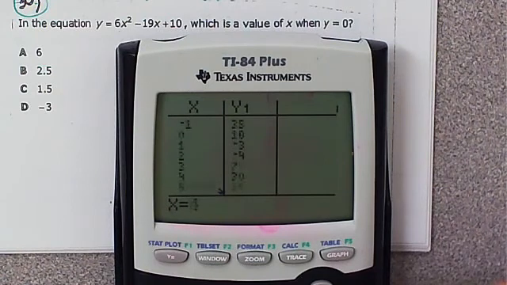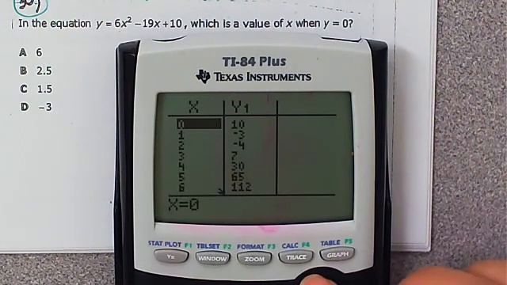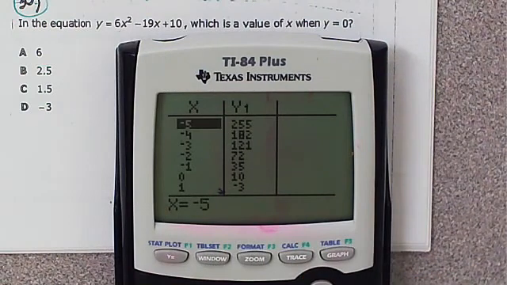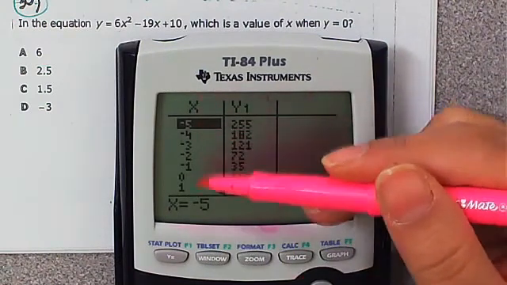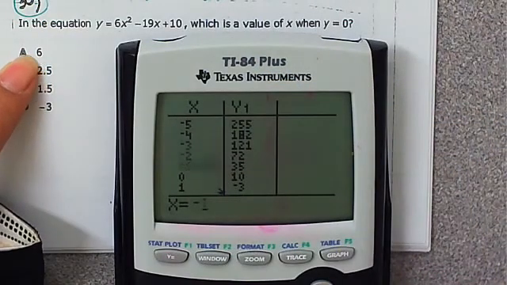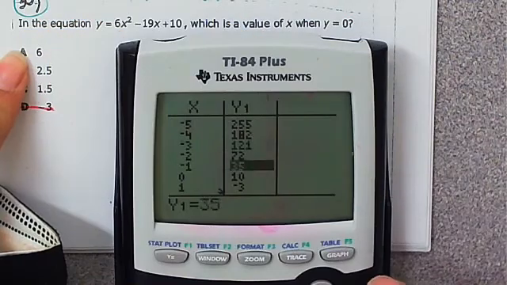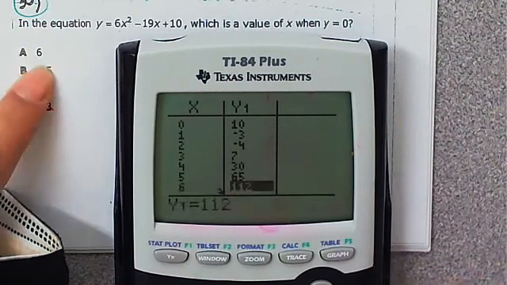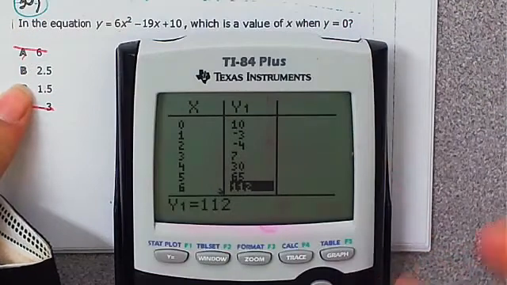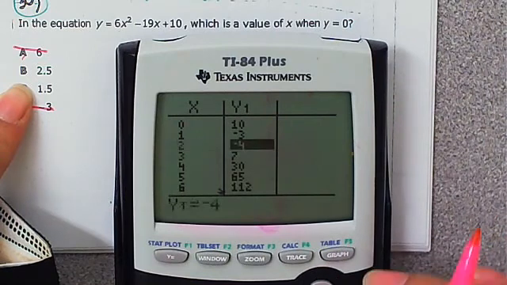Let's see if I can find a 0. Not that way. Well, I can't find a 0 on the y. Okay, well let's talk about that. The reason why I can't find it is because the answer is probably one of the decimals. You see, because at 6, well, let me check negative 3. At negative 3, the y is 0. And at 6, the y is 0. So where does 0 land? 0 lands